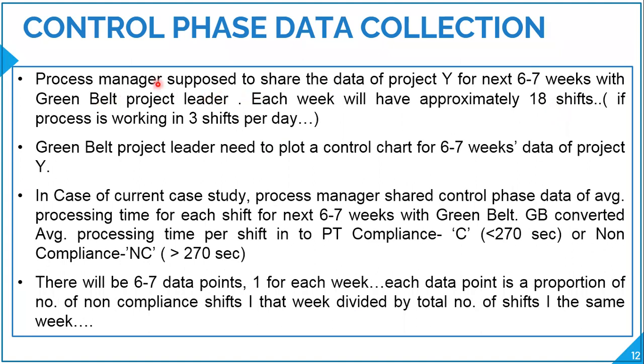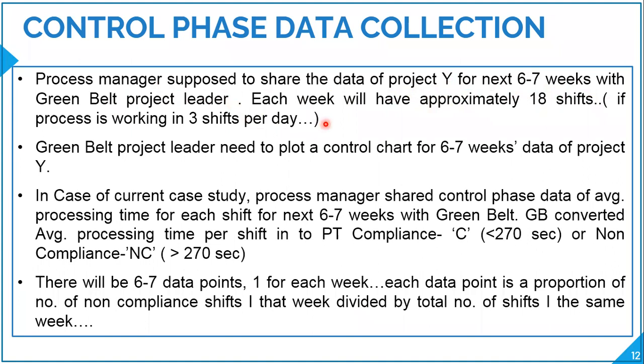The process manager or operations manager is supposed to share the data of project Y for the next 6 to 7 weeks: the number of non-complying shifts and the total number of shifts, right? That's the data we are looking out for. With the Greenbelt project leader, each week will have approximately 18 shifts if the process is working in 3 shifts